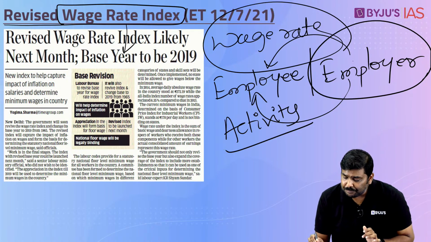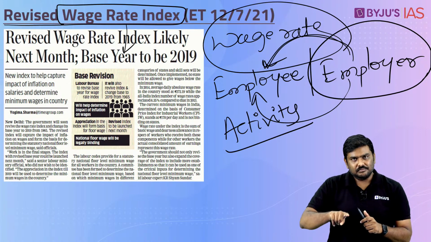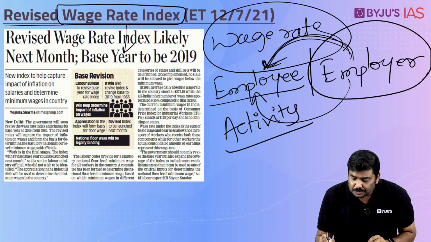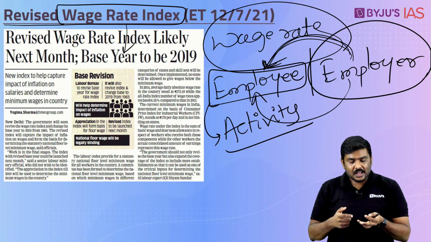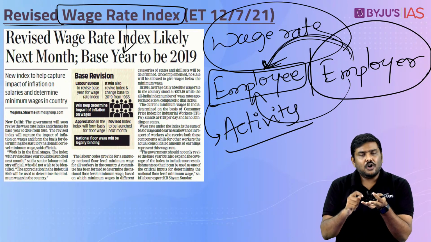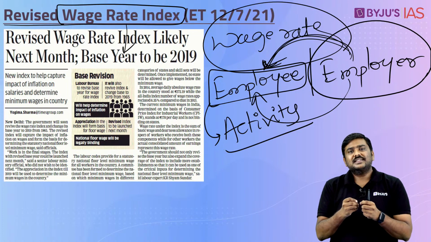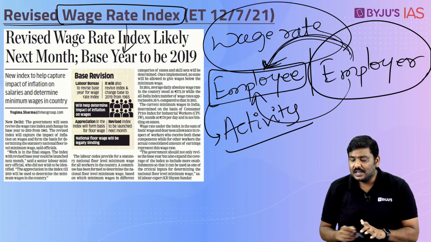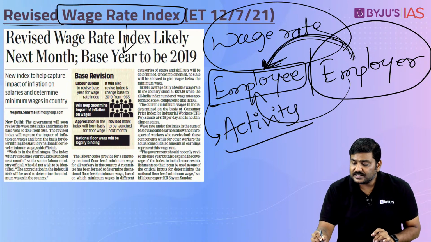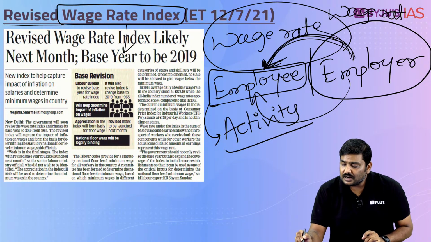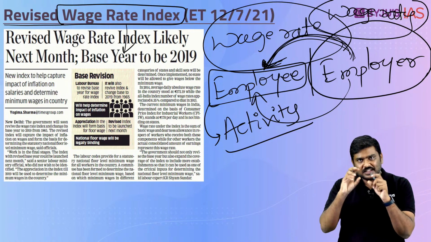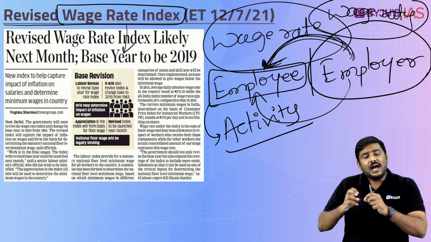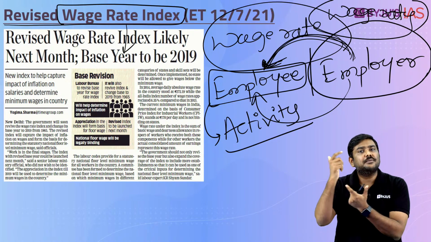So what is the payment that is done by the employer, right? What is the money that should be paid by the employer to the employee whenever this particular employee performs a certain activity, either based on the output or based on the number of hours? So basically the output or the productivity, how much energy is spent by the employee, with respect to this, the money that is paid by the employer is called a wage rate. Remember this. And whenever the salary is provided, there are multiple components in the salary. Are all the components of the salary calculated as a part of the wage rate?